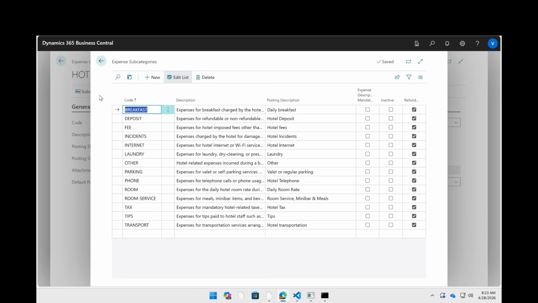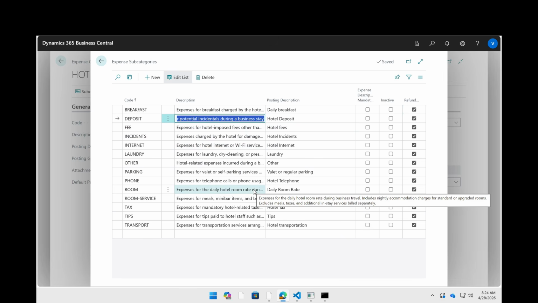For example, if I go to a hotel, the daily breakfast is kind of refundable, right? You do a deposit, that's refundable. You pay a fee, that's refundable. What could be non-refundable in this case? So probably if I go here,